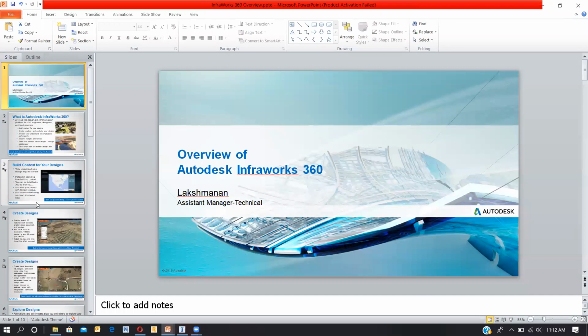As you all know, we had a session before about the duo of InfraWorks 360 and Civil 3D. These two software are among the best tools in the infra industry. In Autodesk, these two are the best tools in the infra industry to make the outputs really good and easier. So now we can see a few slides about InfraWorks 360, and then move on to a live demo of InfraWorks 360. So what is InfraWorks 360?